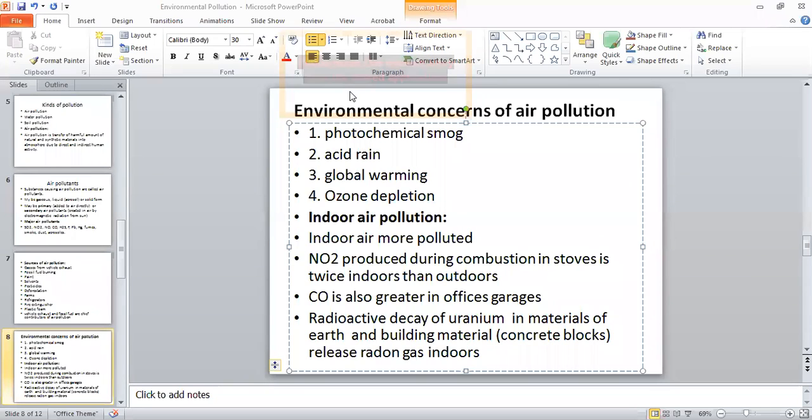Ozone, if it is in the upper atmosphere, it is a blessing, but if the ozone is at the surface of the earth, it will be a pollutant. ठीक है ना? So when it is produced at the surface of the earth due to the reaction between nitrogen oxide and hydrocarbon, and in the presence of sunlight, if the ozone is formed, then it will be considered as a pollutant. Another pollutant is carbon monoxide. It also comes from the burning of fossil fuel, and this will also result in the formation of the ozone.